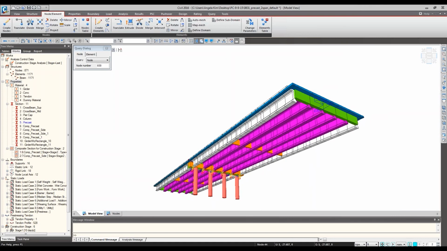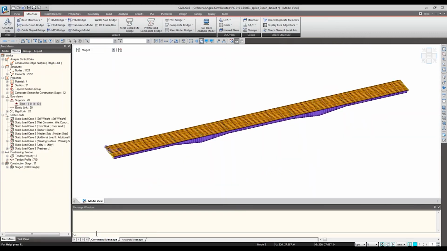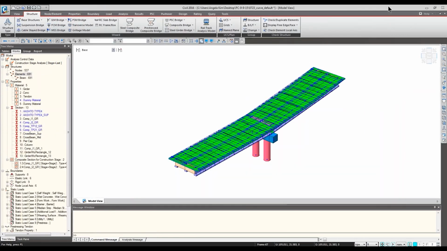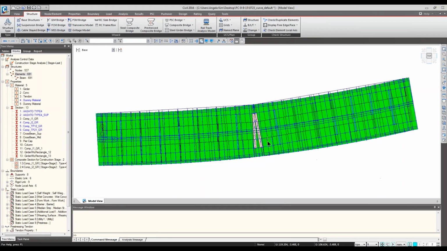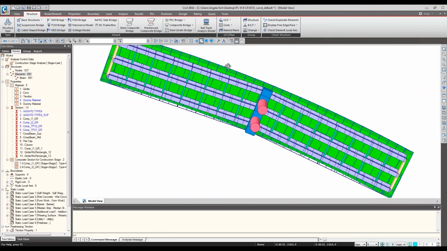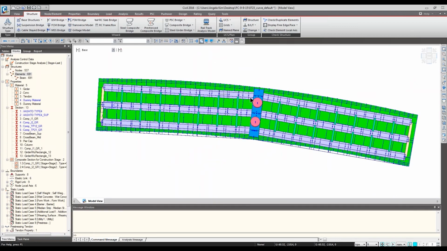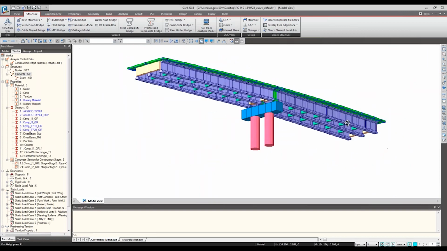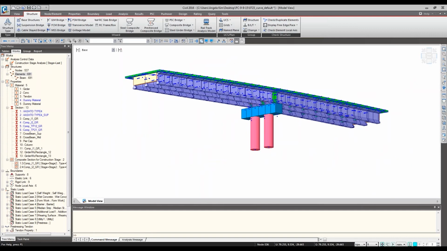There's a lot more I wanted to cover, but I think I did explain the fundamental backbone of the wizard and the flexibility of it even after modeling using the wizard. A couple of different examples that I wanted to show are a curve type like this. So this one, as mentioned before, the girder is straight while the deck is curved. And I also have another model in which I use the box type section.